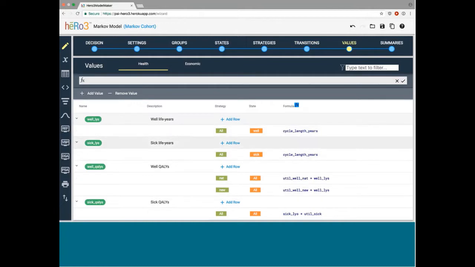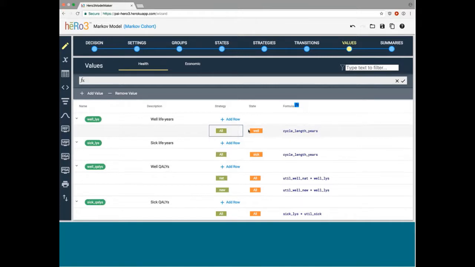And I'm expanding these just because within each one of these line items, there may be different ways in which those individual line items accrue. Let's start with the well life years first. Well life years accrue for both strategies.